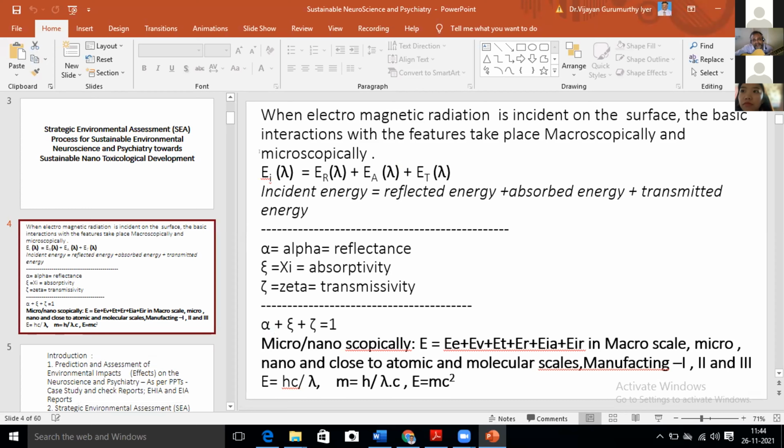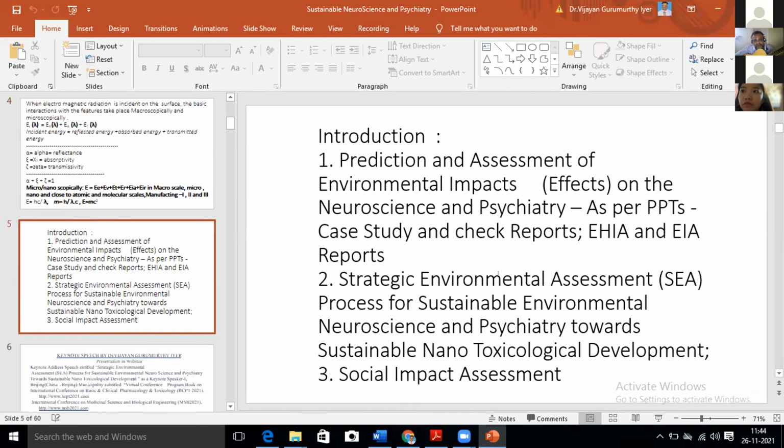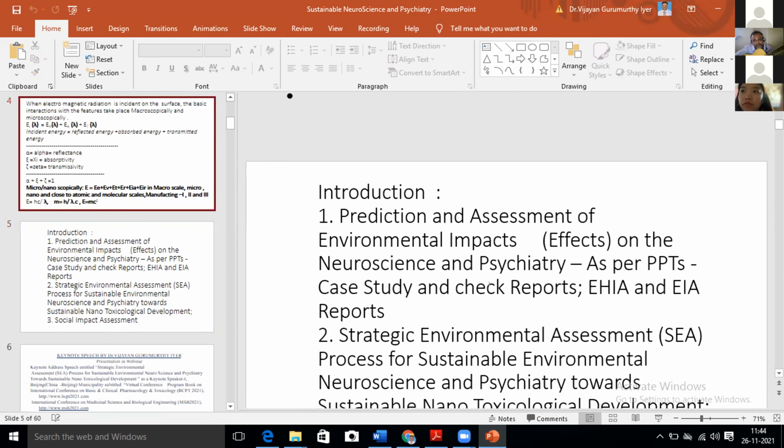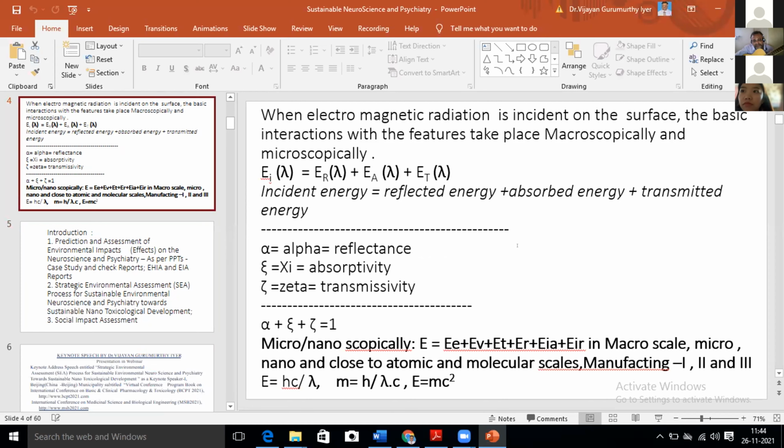When electromagnetic radiation is incident on a surface, the basic interactions with the features take place macroscopically and microscopically. That is, incident radiation is equal to ER plus EA plus ET, that is reflected energy, absorbed energy and transmitted energy, alpha, xi, and zeta. And microscopically and macroscopically, that is EE, EV plus ET,